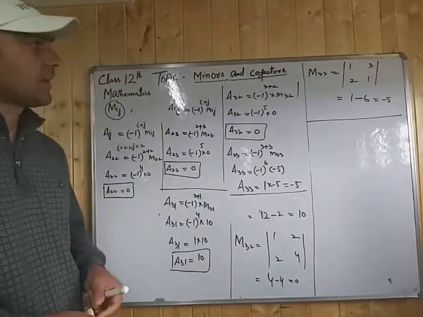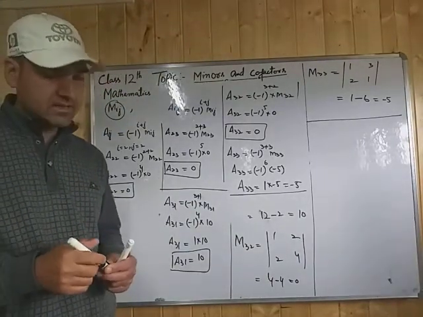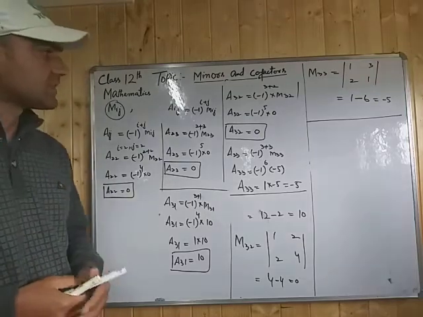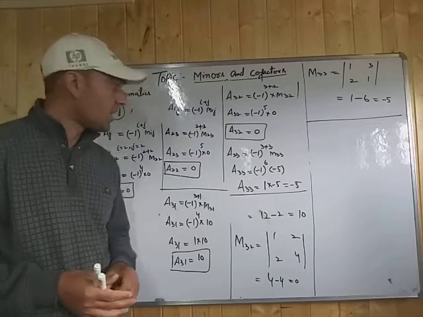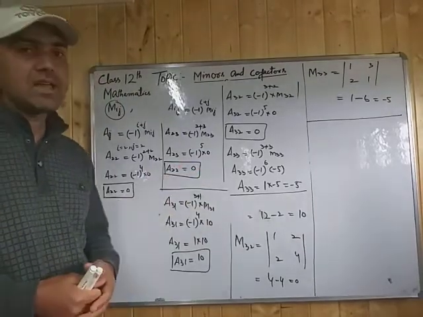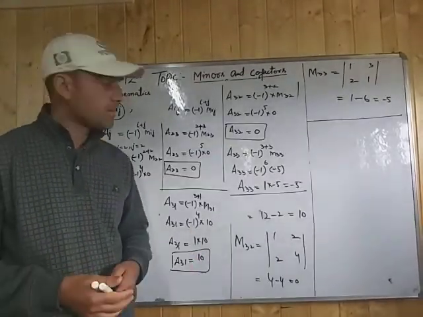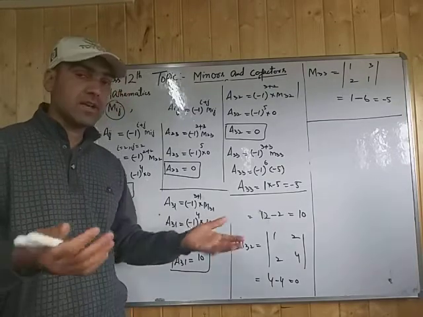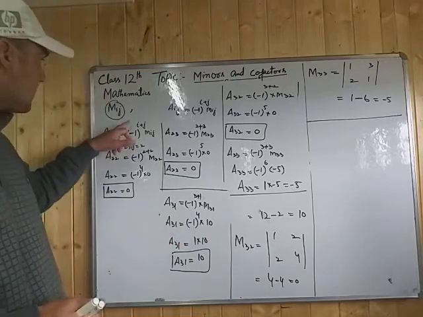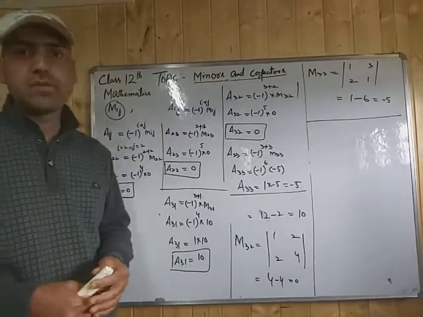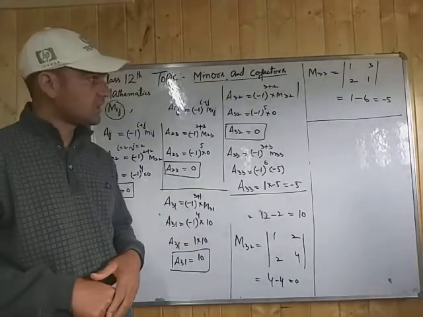हमें कुछ और भी करना है अभी, तो इंशाल्लाह नेक्स्ट लेक्चर में हम और 2-3 एग्जांपल्स लेंगे, फिर हम देखेंगे. इसमें यह हमें देखना है कि जब i plus j इवन होगा तो उस वक्त कोफैक्टर क्या निकलेगा. और ये भी हमें देखना है कि जब i plus j ऑड होगा तो कोफैक्टर क्या निकलेगा. इंशाल्लाह नेक्स्ट लेक्चर में वही देखेंगे.